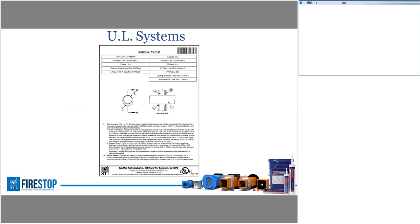UL systems: every manufacturer of fire stopping material has hundreds of these, and we have to test to a strict criteria, 2,000 degrees. We test for smoke at ambient temperature and then again at 400. There's a lot of things going on. So